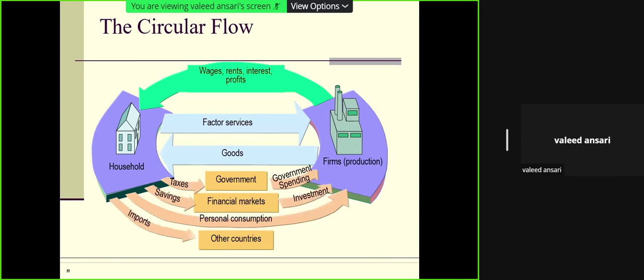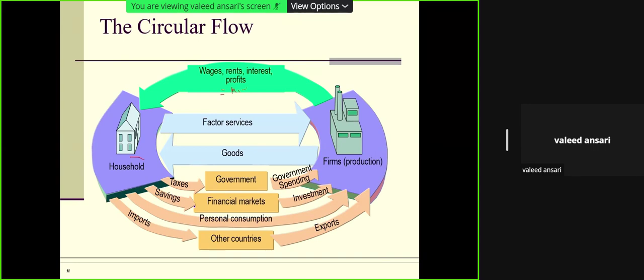Not everything is given. These are the main sectors. The household sector provides factor services, and they receive income. This is the income which they receive, the money flow, and then they use it for the purchase of goods and services. Then there is the government, which puts taxes on the household, and the government receives this and uses it for purposes like setting up business enterprises.